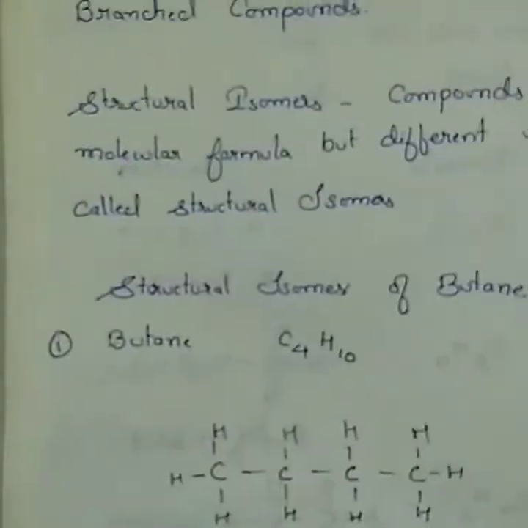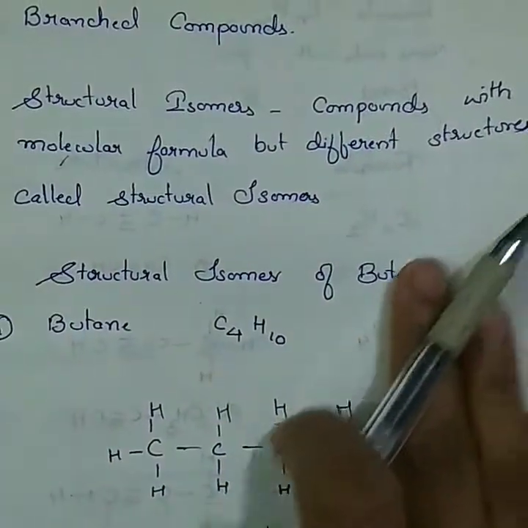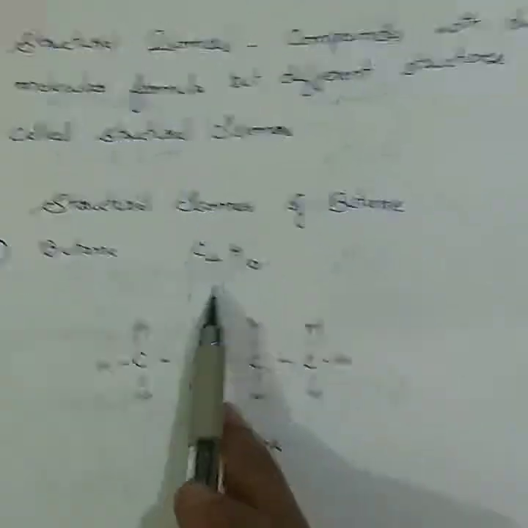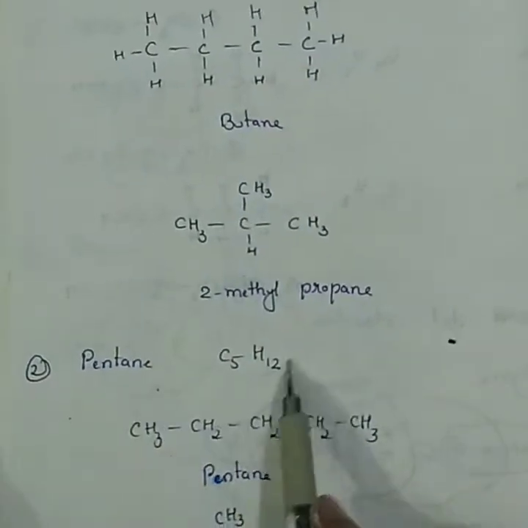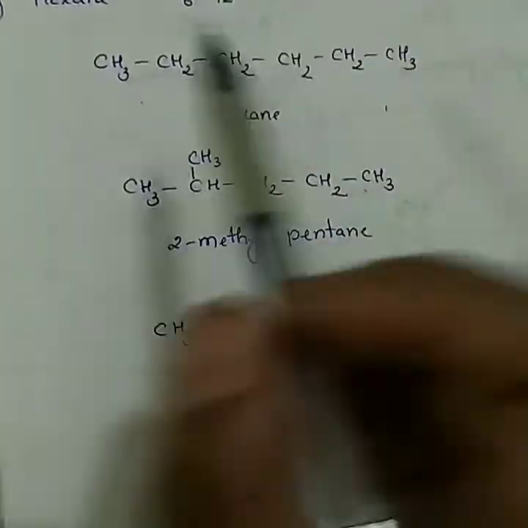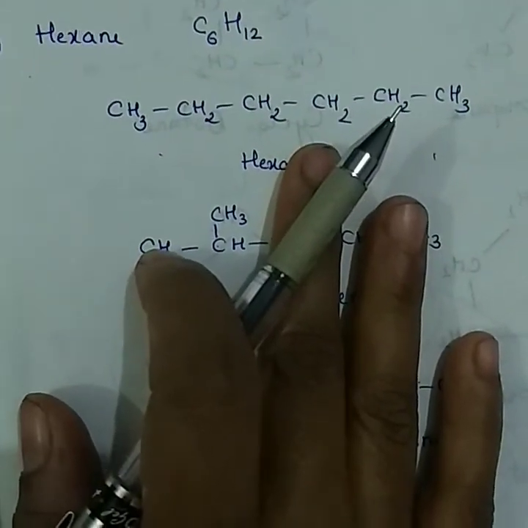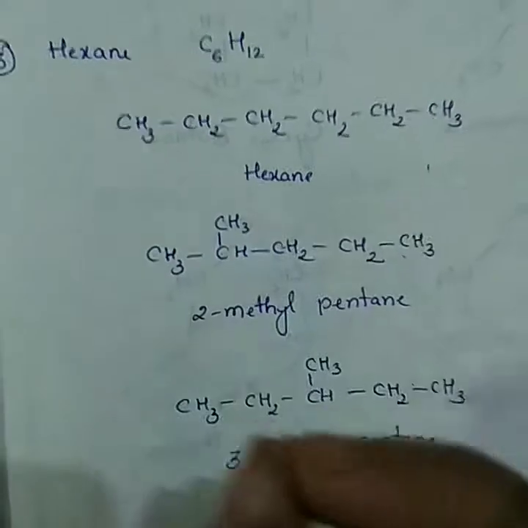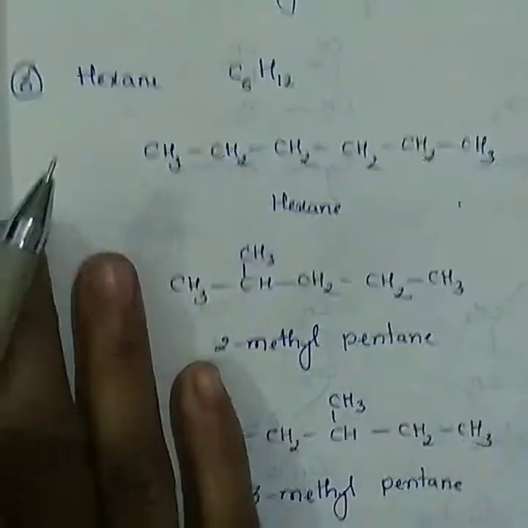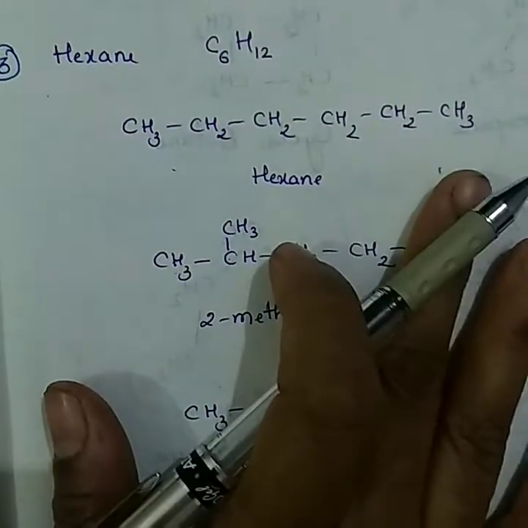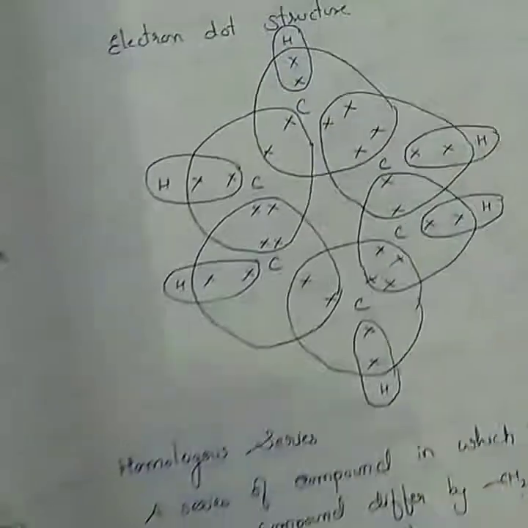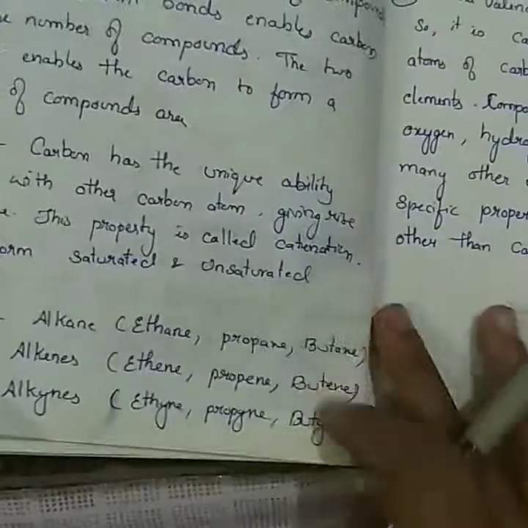So in the notes, I have written the definition of structural isomers, the structural isomers of butane, these 2 structures, the structural isomers of pentane, the 3 structures, and one more example, hexane. So hexane structural isomers also we have done. So these are branched chain compounds. You can get this question for 3 marks: definition, and write the structural isomers of pentane or hexane or butane or heptane. Think and write. Okay, now the last topic which is left is the versatile nature of carbon.